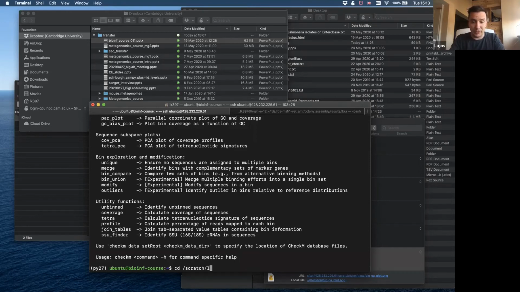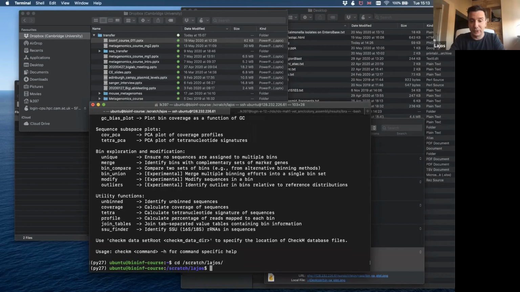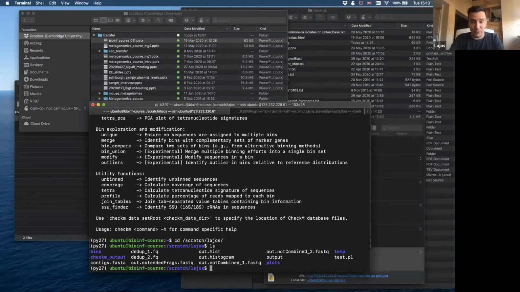Scratch. I will go into my own, and you should have your contig-FASTA file in your folder. I don't think you have the directory bins. The reason why we should make a directory for CheckM is because